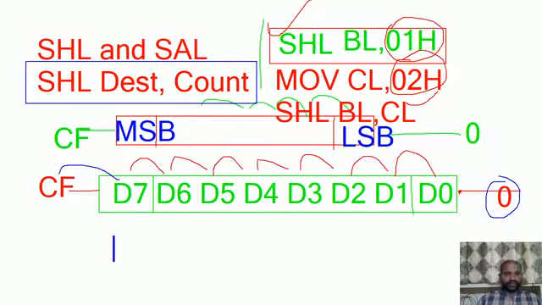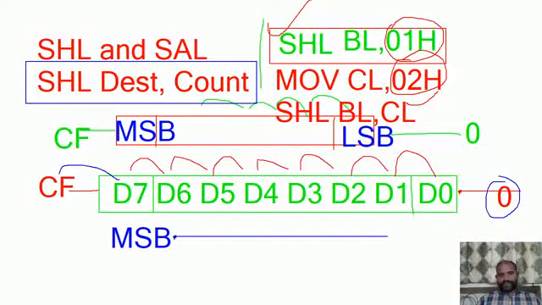If you want one more diagrammatic explanation, MSB, after that I'm going to take one shifting. So here we are going to have the LSB, and this LSB is going to fill with 0.